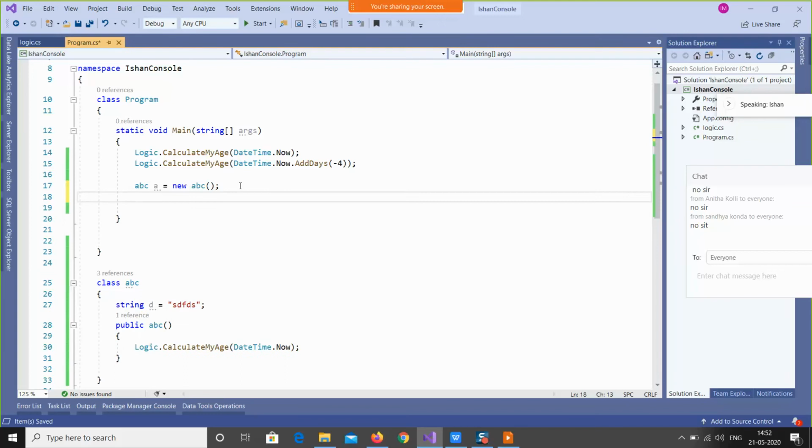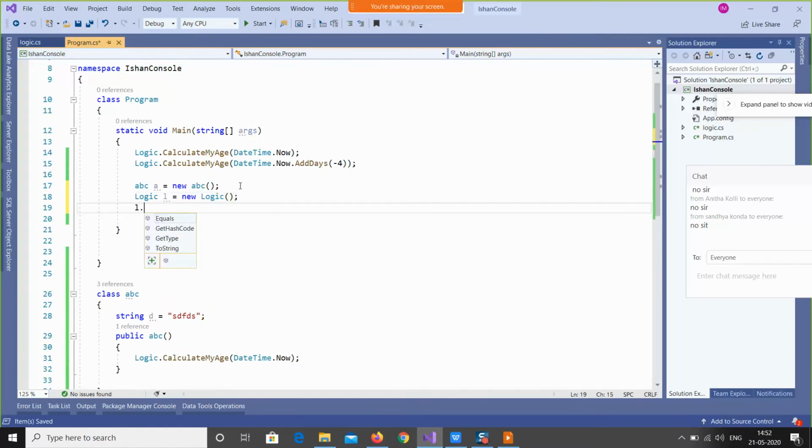But I cannot use, see, I am not able to use Somya solution here. It will give me the error.